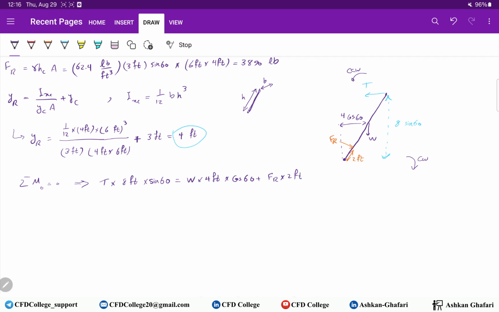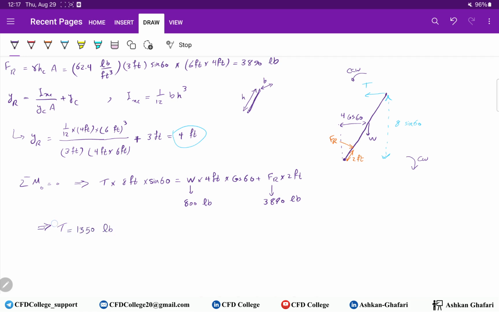You know FR, and W is 800 pounds. FR is 3,890 pounds. And by solving this equation, you can find T, which is